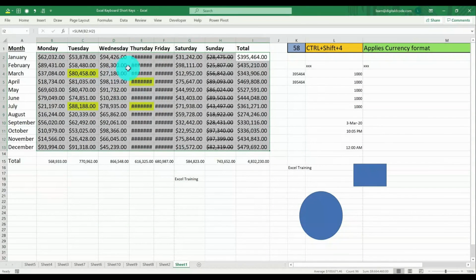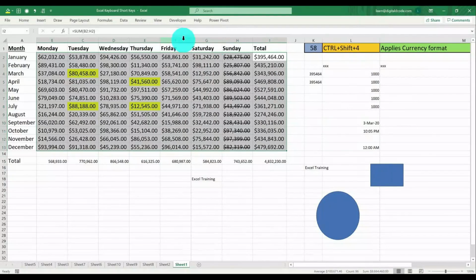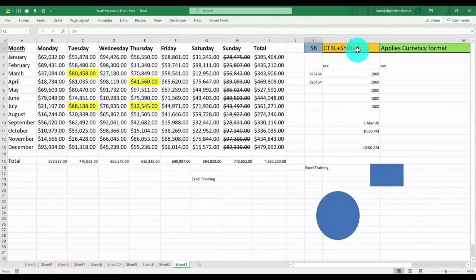Now you see the currency gets added. Apply percentage. Now assume I have 0.1, 0.15, 0.3. In case I want to apply percentage, select Control Shift 5. It will convert it into percentage.